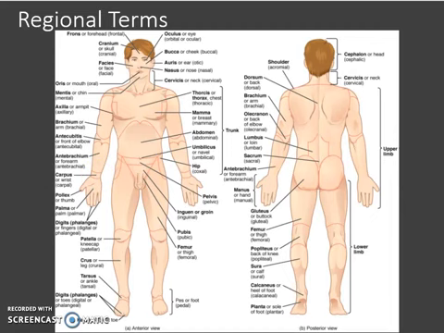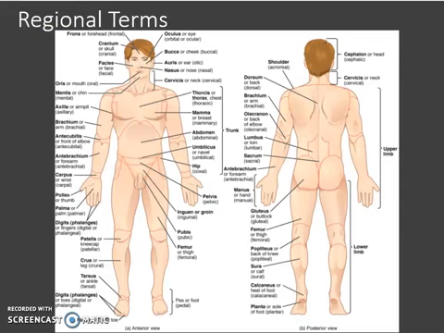Another good example is the knee. The knee could mean the front of the knee or the back of the knee. By being a little more specific, we can say patellar region or the patella, because that's the kneecap. So we know that that's the front of the knee, whereas the popliteal region is the back of the knee. If you're a surgeon, you want to know exactly where you're going to be conducting that knee surgery. Is it going to be on the patellar side or the popliteal side? So take a look at these and look at the ones that maybe stand out to you that you already know. Some other common examples might be,